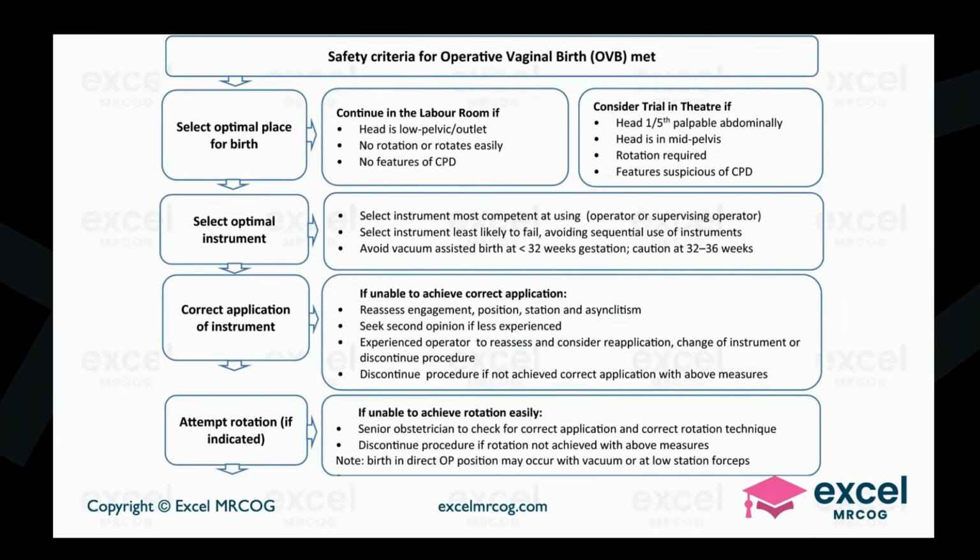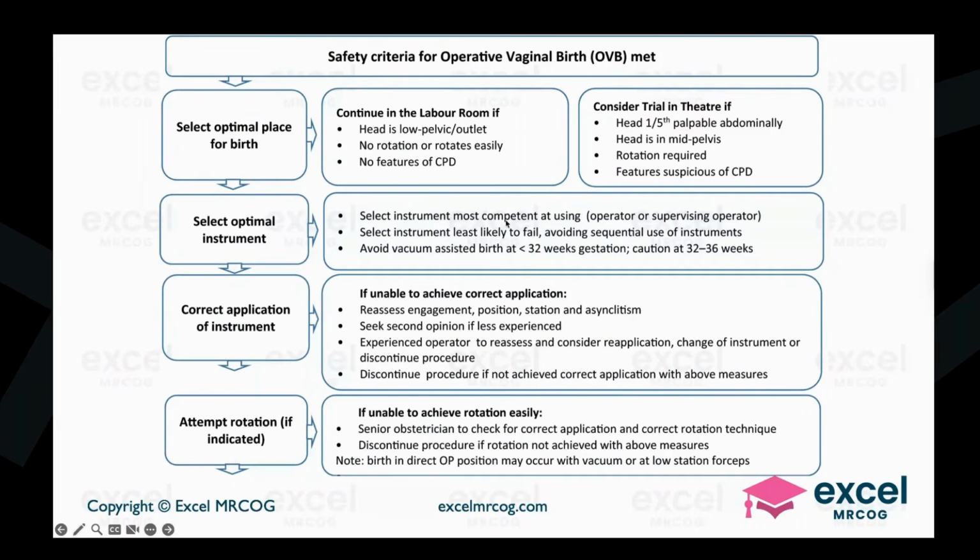Now select an instrument which is least likely to fail. What does this statement actually mean? It means that although you have the liberty to decide between ventouse and forceps, GTG itself makes a point to say that because forceps are less likely to fail, somebody may be advised to choose this particular one